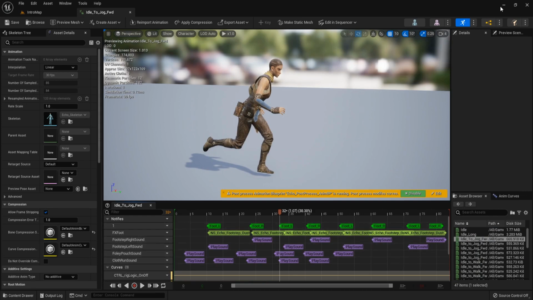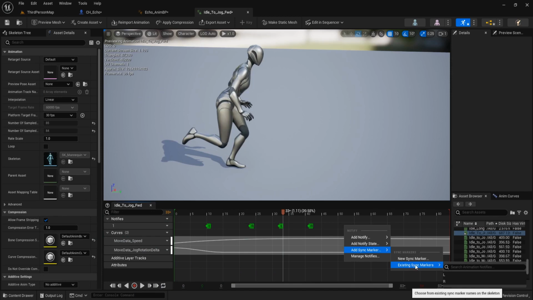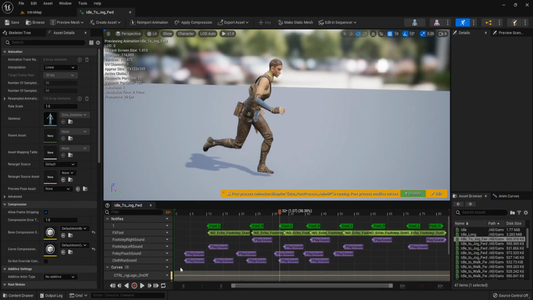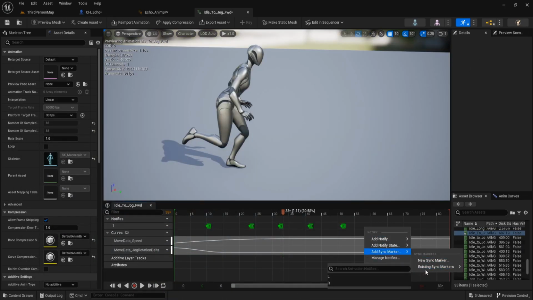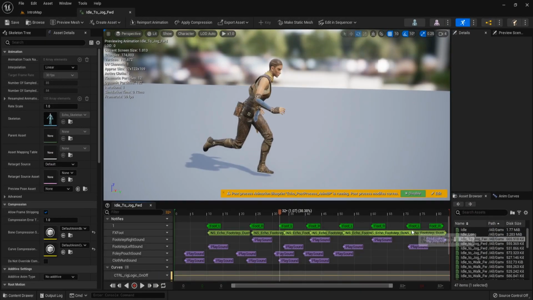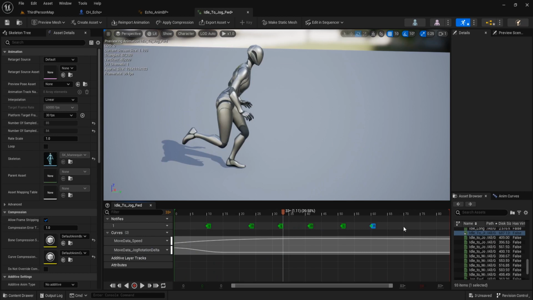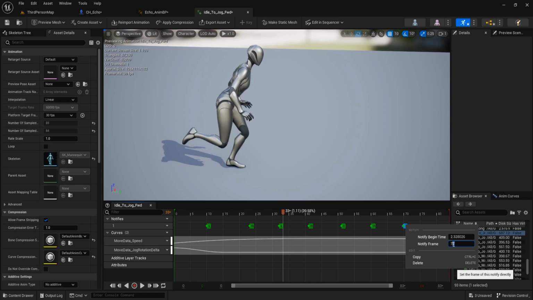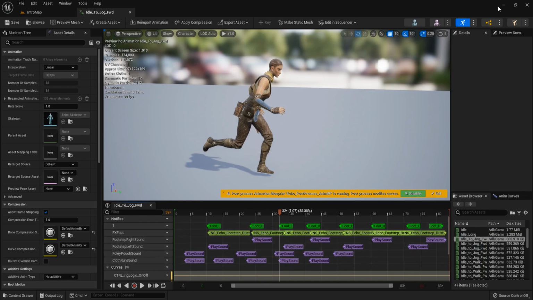Put left 51. Put right 60. Put left 71. And put right 82.